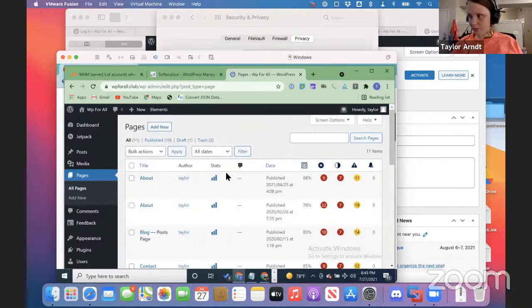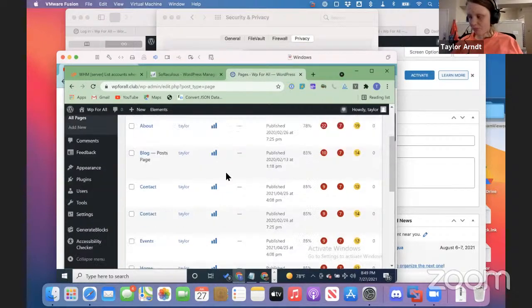Select about row 3 link about. Edit link edit about button collapse quick edit about inline link move about to the trash link view about. And NVDA is just reading away. Log row 4 link log. Edit post page. Select contact row 5 link contact. Edit link edit contact. So you notice how I'm going to Control Alt down arrow, and Control Alt up arrow will move the same way, and left and right and so forth. So let's say that I want to hear all the elements in all the columns.